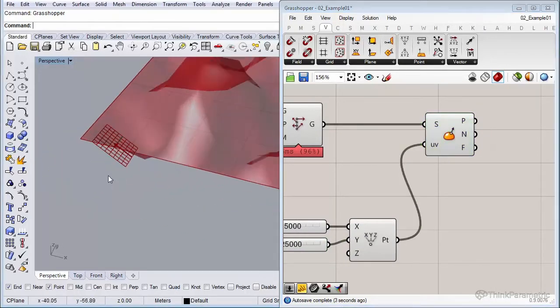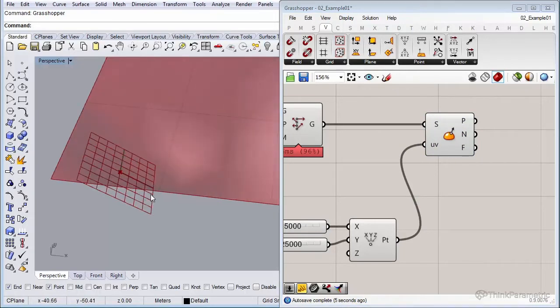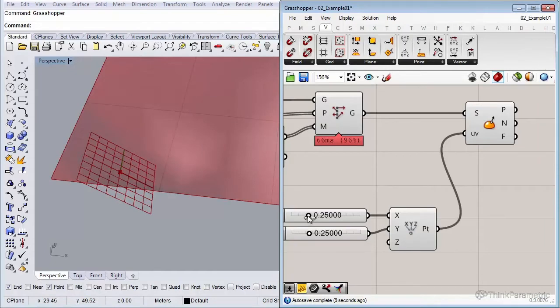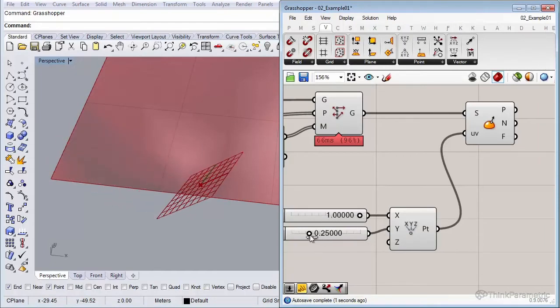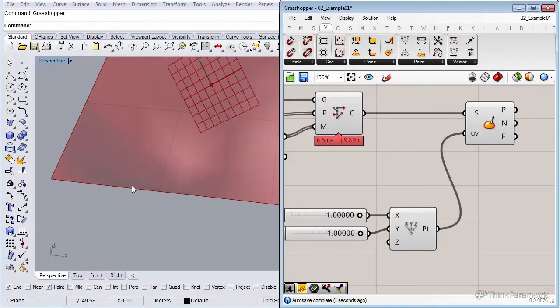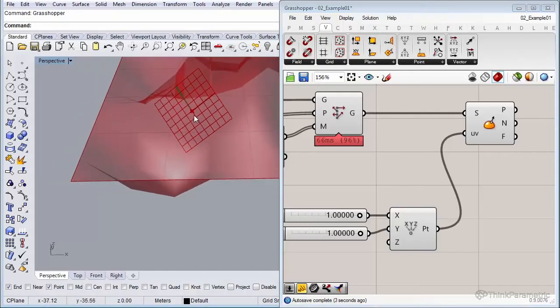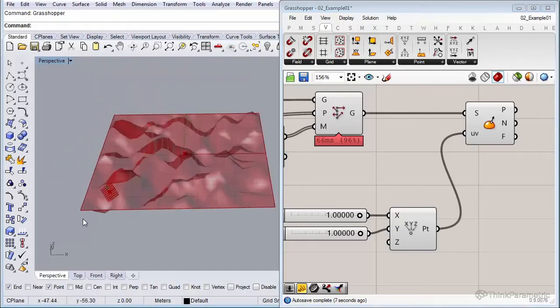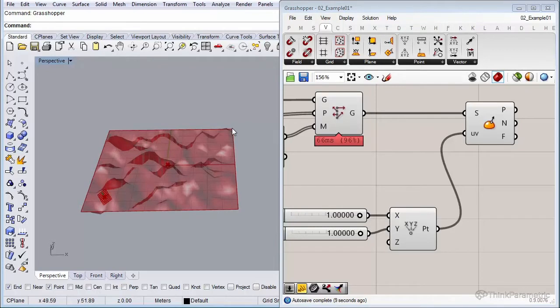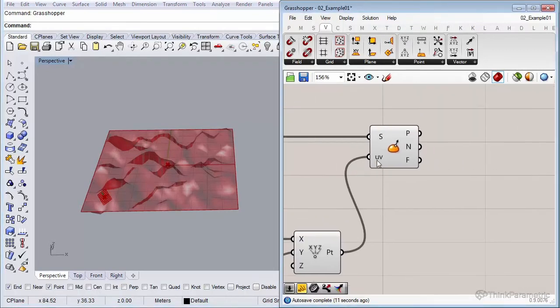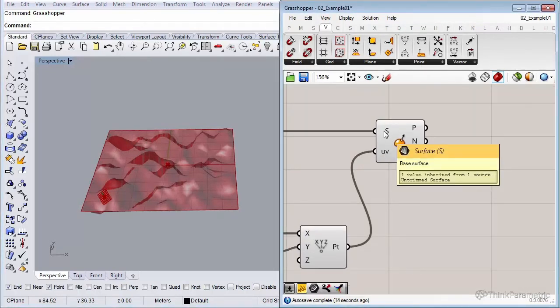But because the surface domain is from 0 to 100 and our point is only from 0 to 1, you can see that if I put it to its maximum, which is 1, 1, it only reaches until here. But we want it to reach all the way over to the other side of the surface. There's a neat trick you can do, called reparameterize the surface.